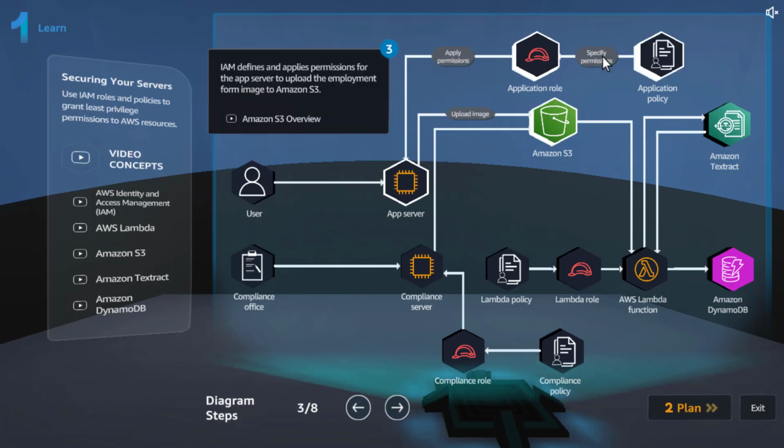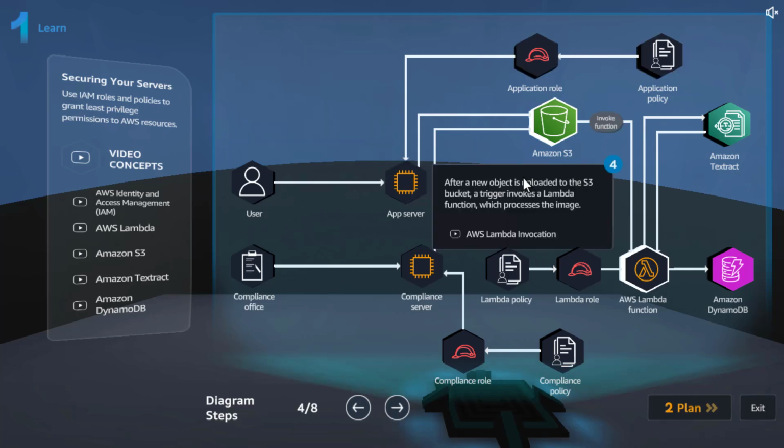IAM defines and applies permissions for the application server to upload the employment form image to S3. So you have the policy, then the role that is attached to this using an instance profile. After a new object is uploaded to the S3 bucket, a trigger invokes a Lambda function which processes the image,